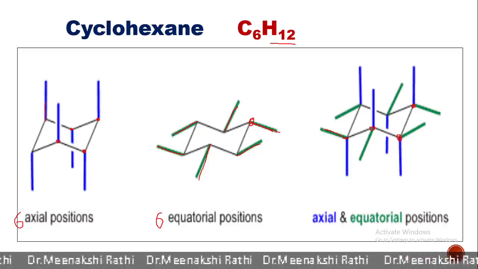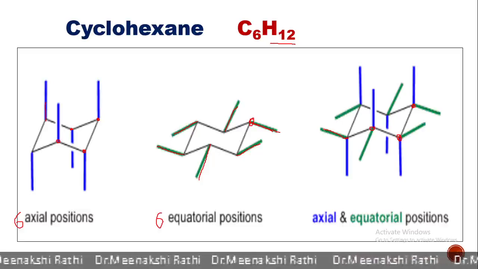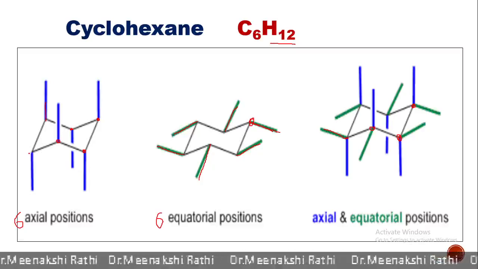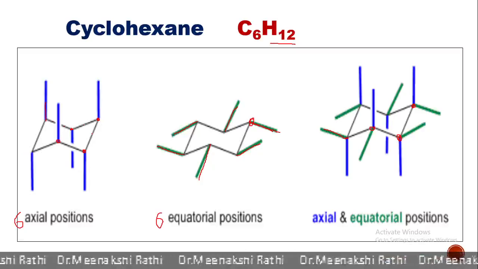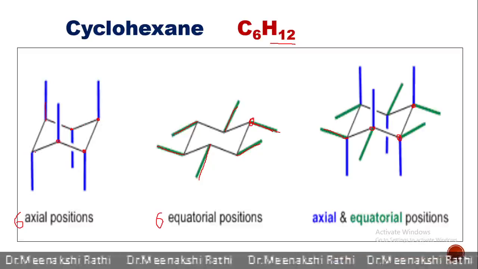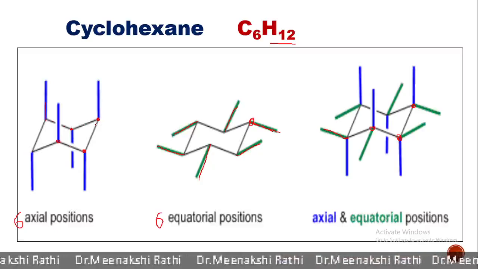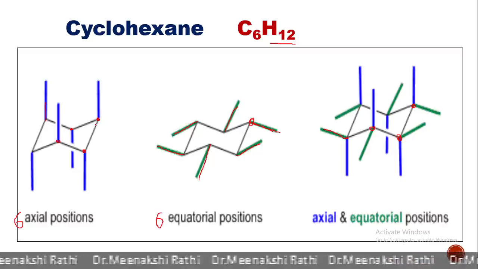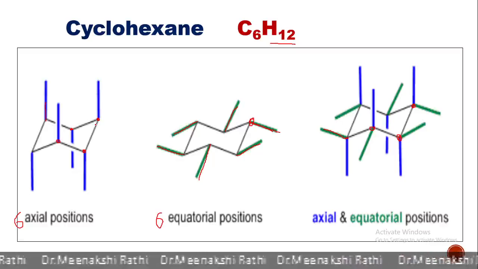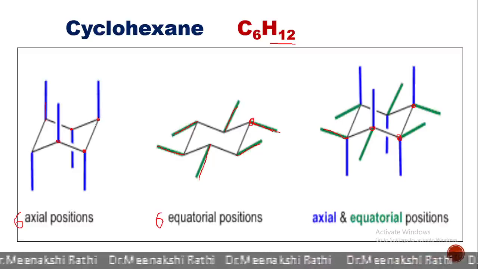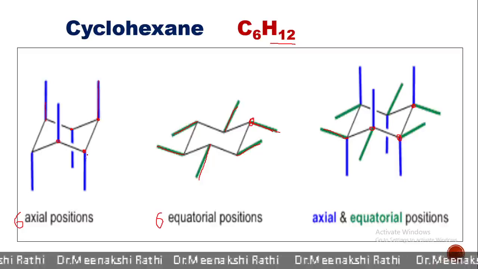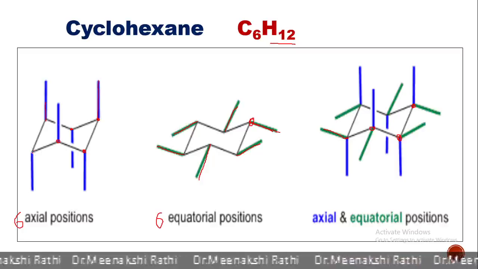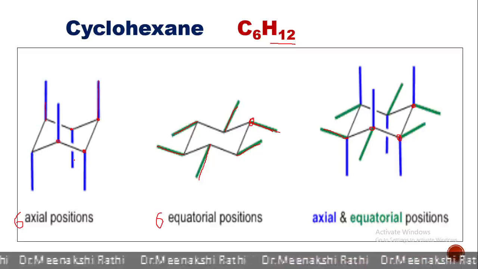It's very easy to draw axial and equatorial hydrogen atoms in cyclohexane. First, what we need to do? We need to first draw a chair conformation. Then always show all axial hydrogen atoms. And one point you need to remember while showing axial hydrogen, that if one is above the plane, then at second it should be below the plane. Above, below, above and below alternatively.